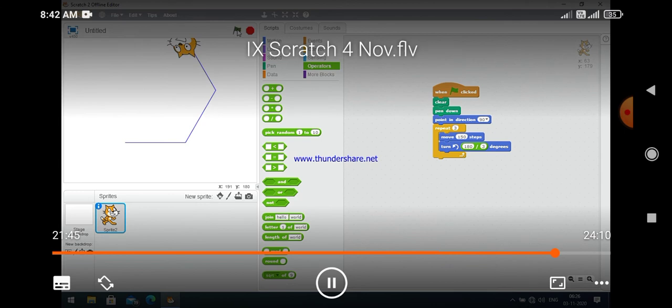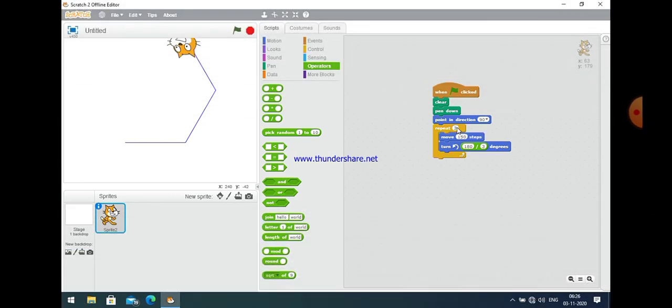It will give you a clear idea of how different geometrical shapes will be formed. First of all, for a square, I just take 360 divided by 4 and repeat 4. Don't need to write an angle. Okay, clearly it will make a square.